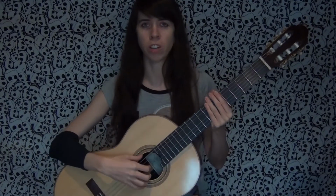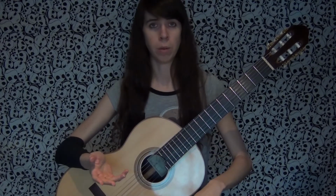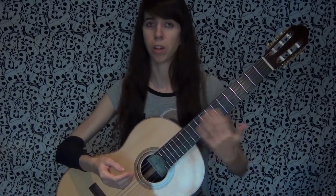In this episode we're going to talk about your left hand position. So if you are right-handed, your right hand is going to pluck the string, your left hand is going to push down on the notes on the actual string. If you are left-handed, it's going to be the opposite. So your left hand's going to pluck, your right hand's going to push down. I am right-handed, so my right hand is plucking the strings, my left hand is pushing down on the strings